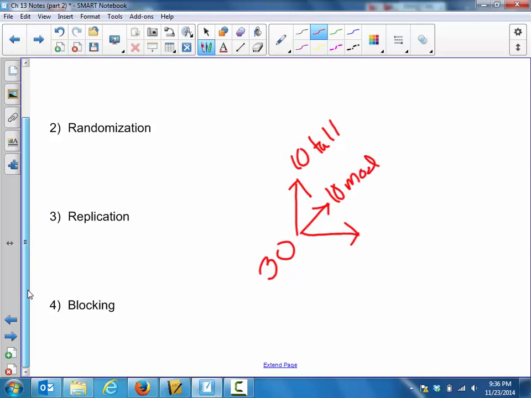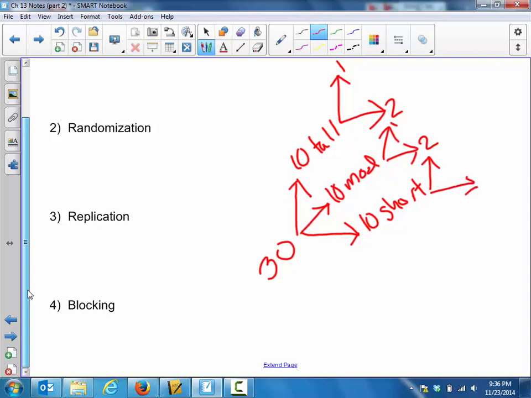The 10 tall, the 10 of moderate height, and the 10 who are short. And then from there, we will randomly assign the 1, 2 treatments. You're going to assign milk or not drinking milk within each of those groups of 10. So it's as if you have multiple groups of participants you're assigning those 2 treatments to. It allows you to make comparisons about the effects of milk within those size categories, but it also allows you to learn about